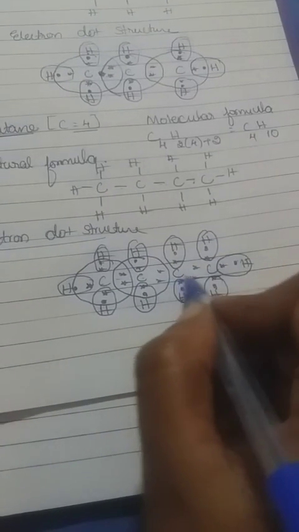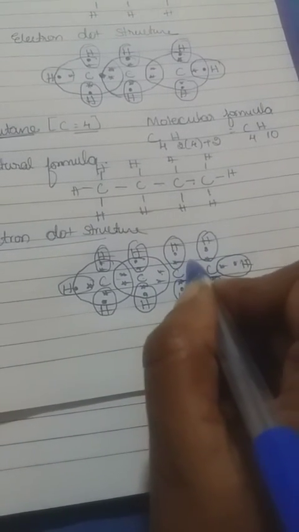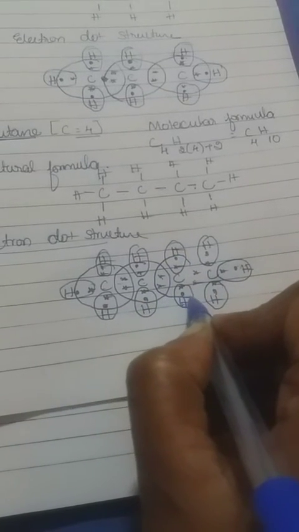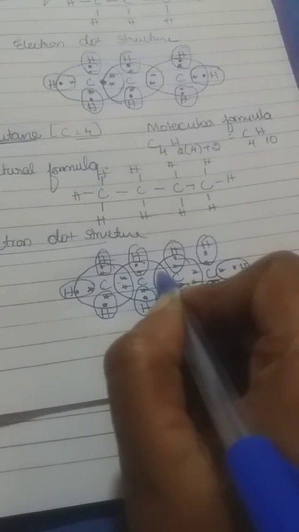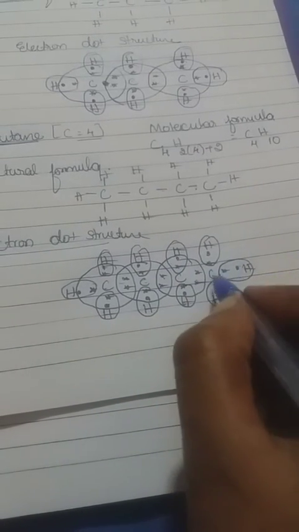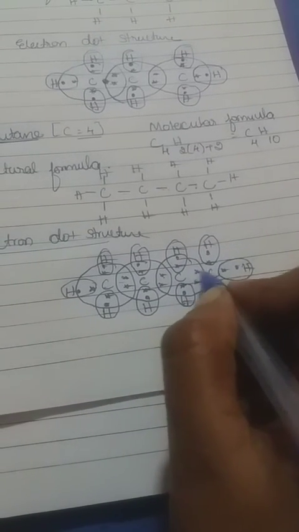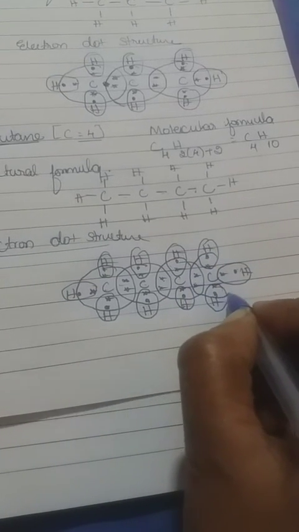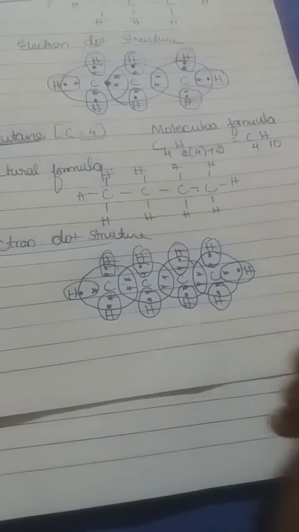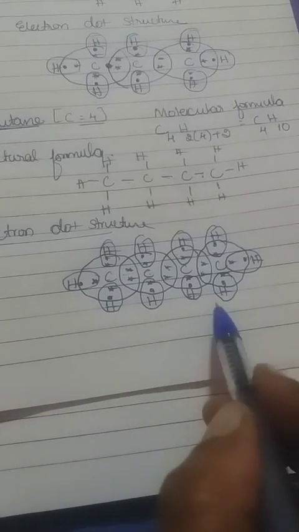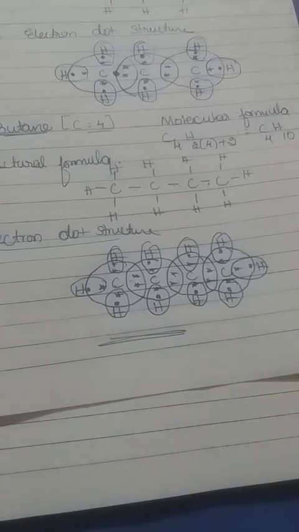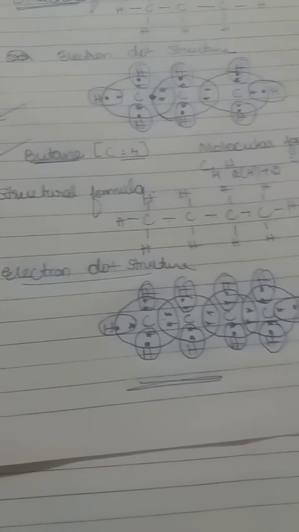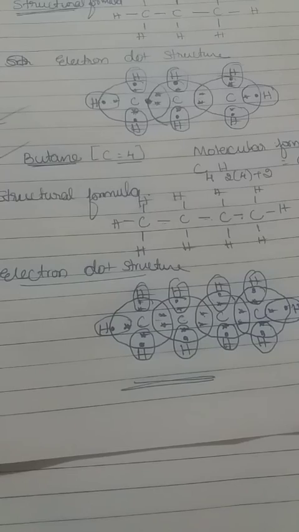Should be like that. And this carbon also has 2 neighboring carbon atoms and 2 hydrogen atoms. It is very important how you are marking. Okay, and this carbon is also pairing with the 1 carbon and the 3 hydrogens, including star and the dot we want to take. Okay, so like that, this is the method of writing the electron dot structure. Hope you will understand.